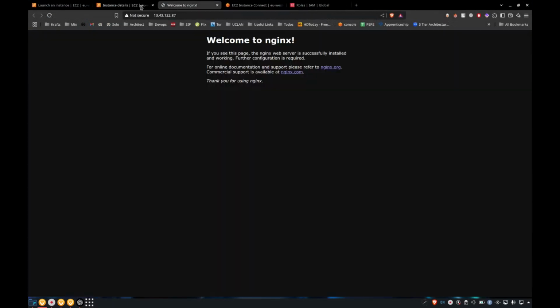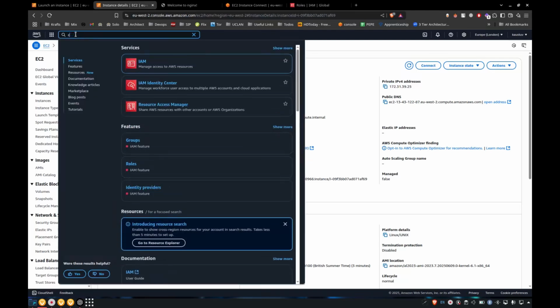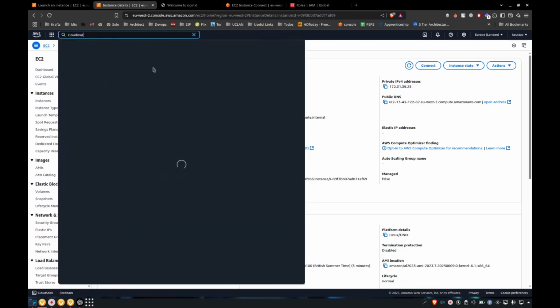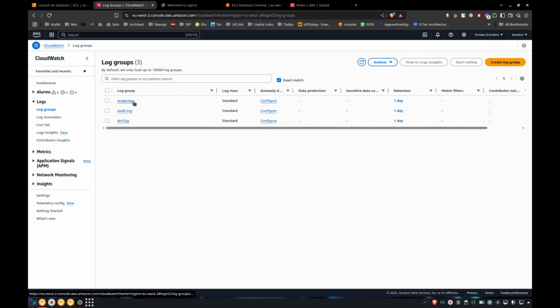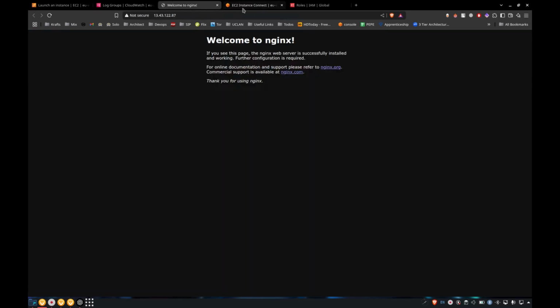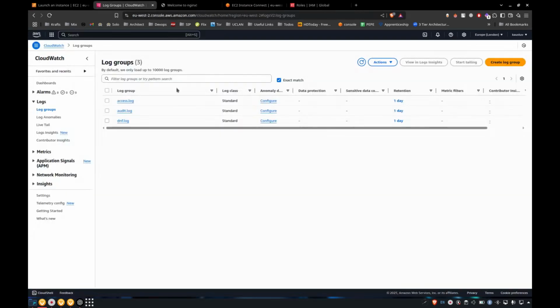Now let's go to CloudWatch and click on the log group. You can see there are three logs that we set up from our configuration, right? These two were set up by the wizard, and this one we manually added as a new file. Generally these logs are now stored in CloudWatch automatically. If you go inside the SS log,